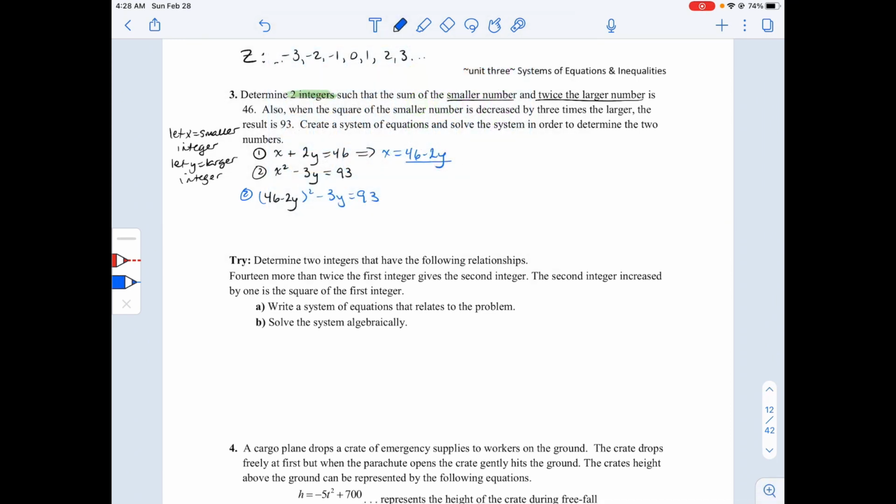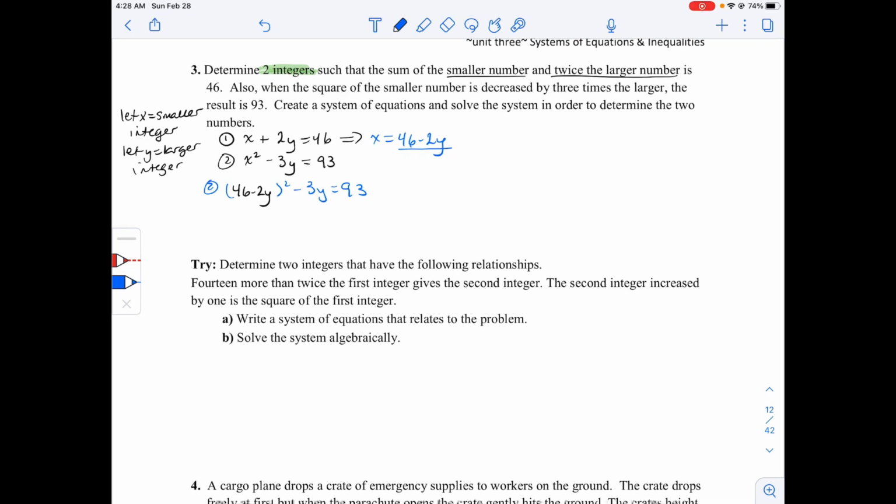Okay, and let's go ahead and expand that. So to expand that, we know that's (46 - 2y) times (46 - 2y). And if some of you want to use the shortcut,